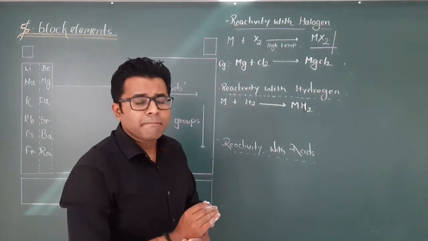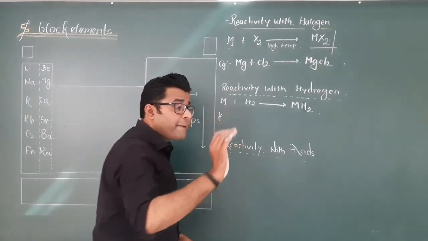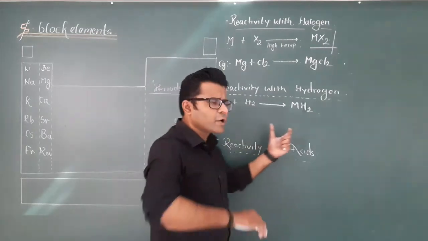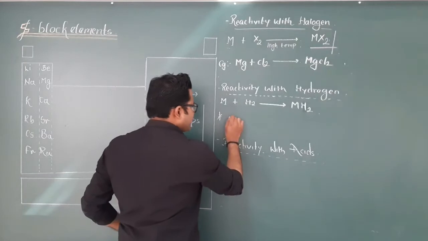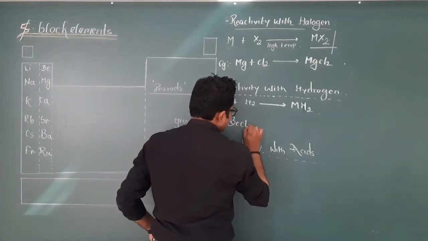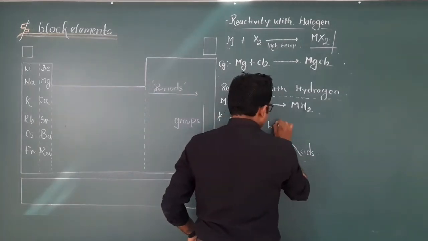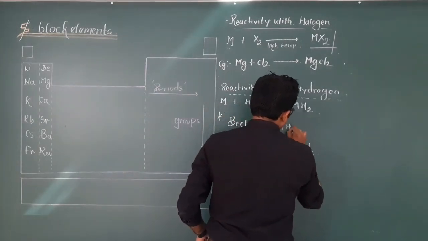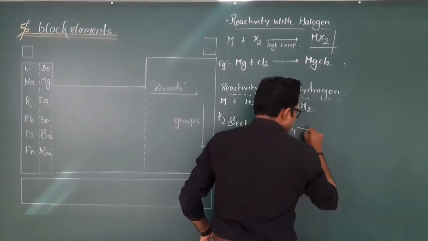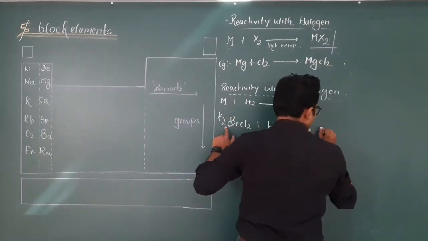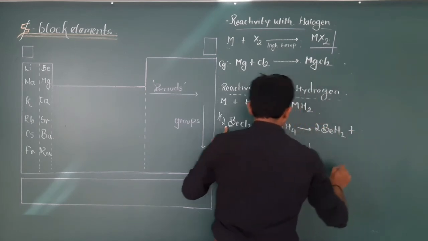Right? MH2, metal hydrides. Now, as far as beryllium is concerned, how do we synthesize beryllium hydride? It is by taking BeCl2, beryllium chloride, and reacting it with lithium aluminum hydride. Okay, so in this reaction, beryllium chloride reacts with the hydride in order to form BeH2 plus what remains with